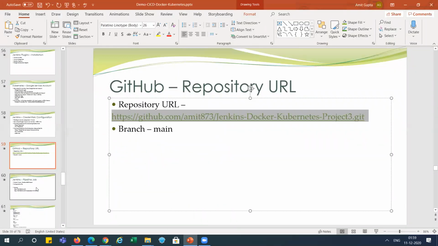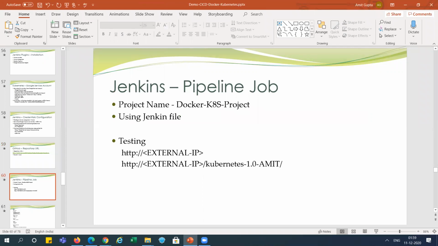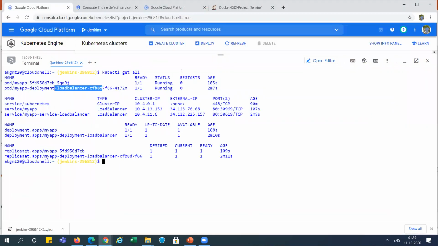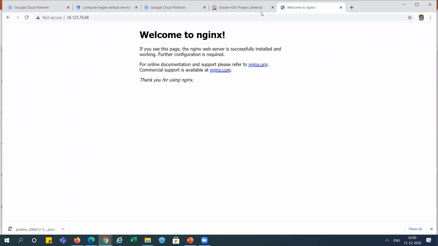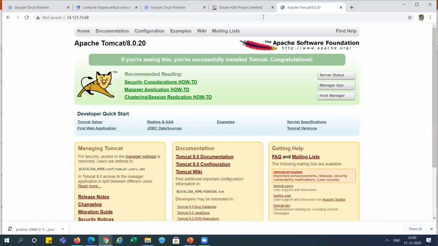Now, in this PPT, we can check this HTTP external IP, or we can check with my name, right? Now we can check this URL directly, we got it. The external IP is this one. So we can go and directly hit this external IP, and we will get Apache Tomcat, because it's a container where we have installed Apache, right?